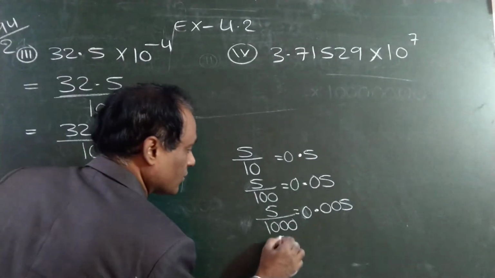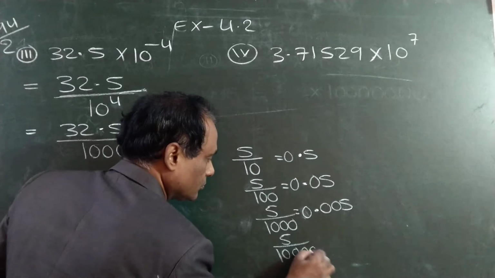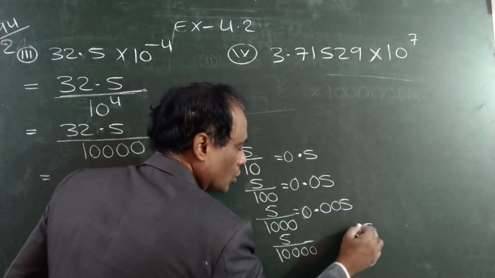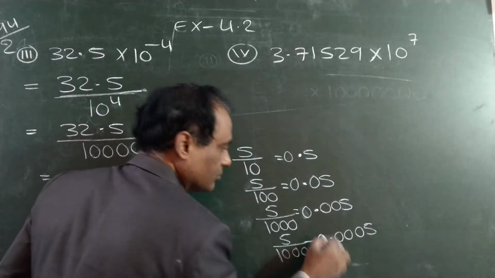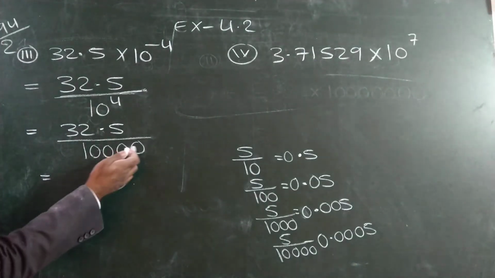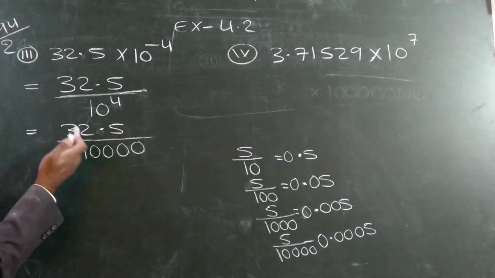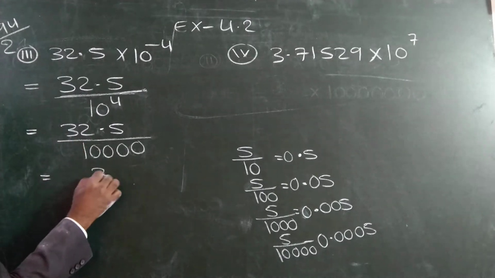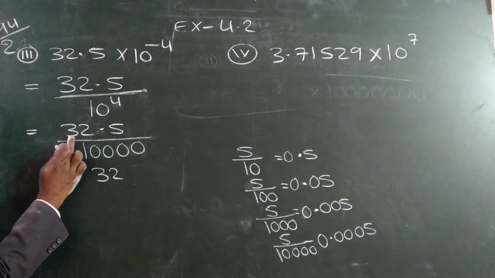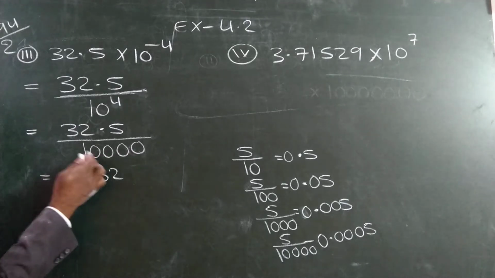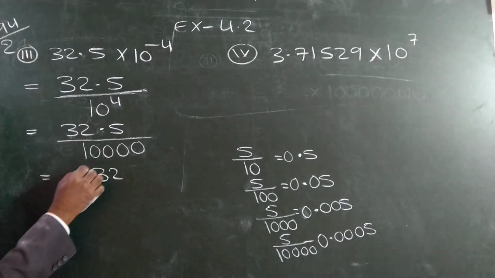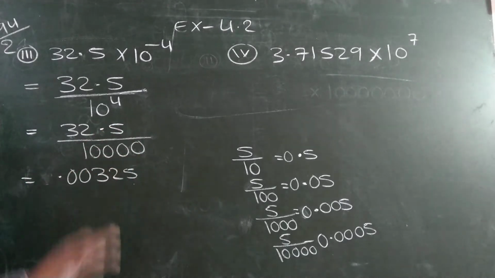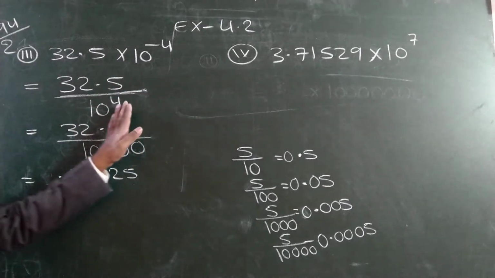Suppose we have 5 by 4 zeros. So 5 we write 1, 2, 3, 4. 1, 2, 3, 4 decimal. Like this. So here also, to remove the 4 zeros, the decimal should be changed by 4 places. Don't consider 5. 1, 2, total 4 digits. 1, 2, 3, 4 zeros. 1, 2, 3, 4 decimal. 5 as it is, because 5 is after the decimal, no confusion with 5.